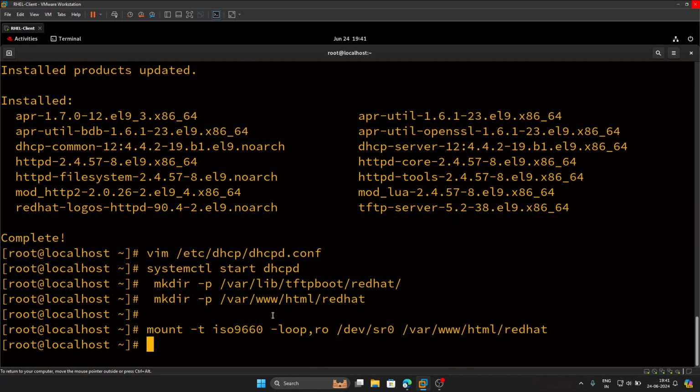and we have to copy some file in this location. So we are using copy command var